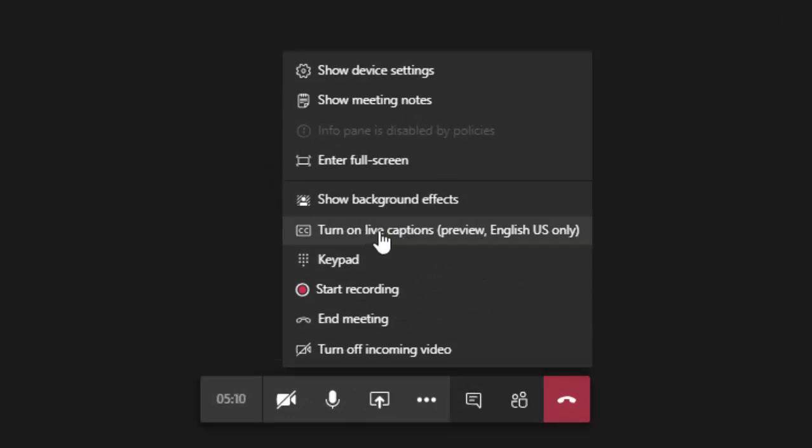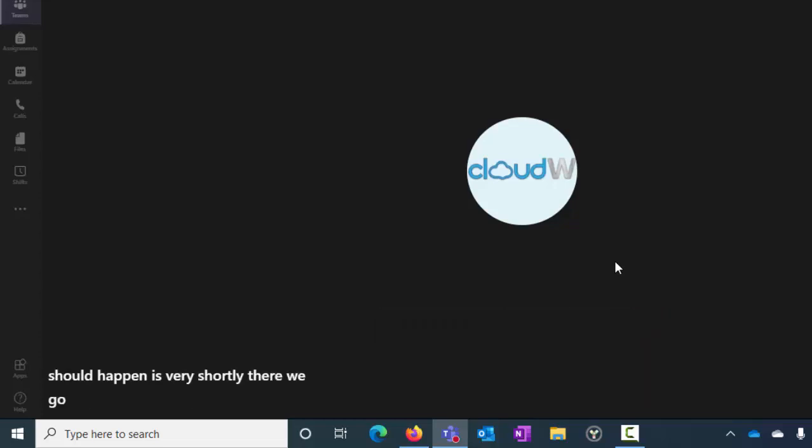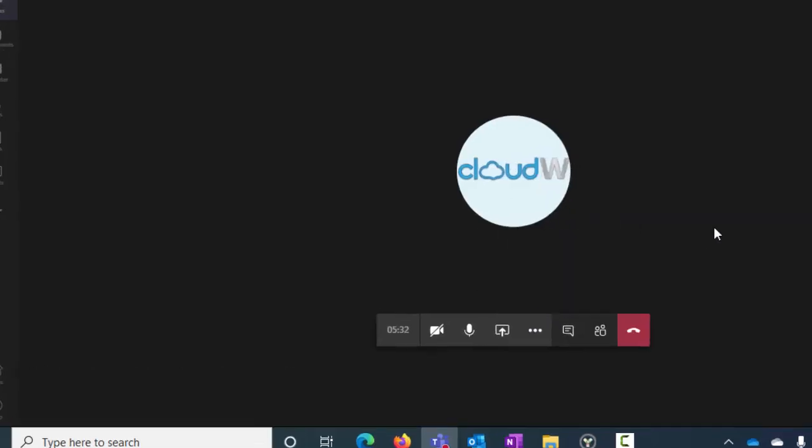You can also turn on live captions. Now this usually takes a couple of seconds to kick in, but what should happen is very shortly, there we go, in the bottom left hand corner of the screen, you can see that everything that I'm saying is being transcribed. Even with my kind of thick black country accent, it's working fine. So if I just turn that off,